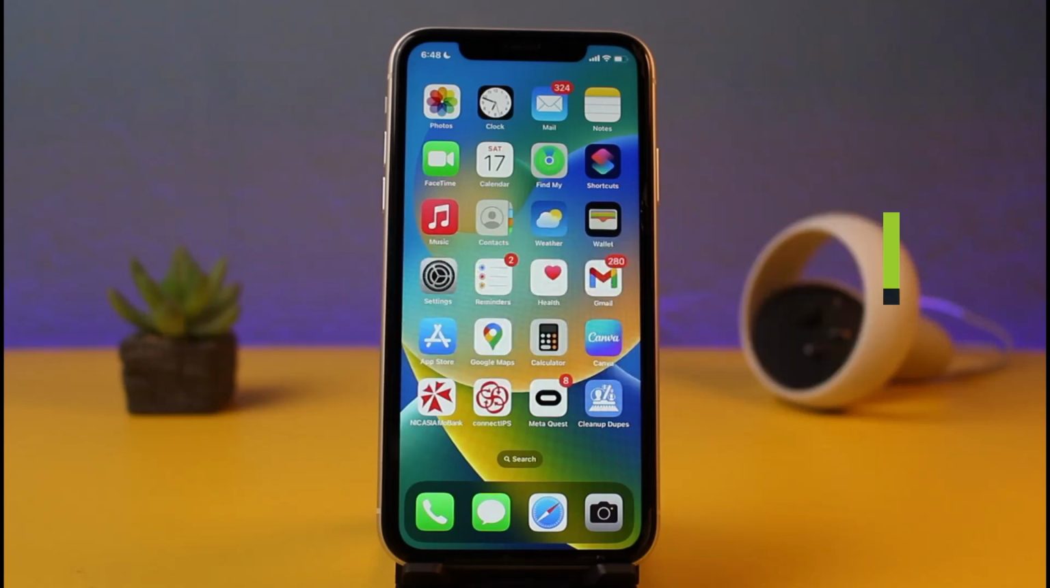In today's video I will show you how you can show battery percentage on iOS 16. So just make sure to watch this video till the end. Now currently you can see I have not been able to see my battery percentage even though I have updated